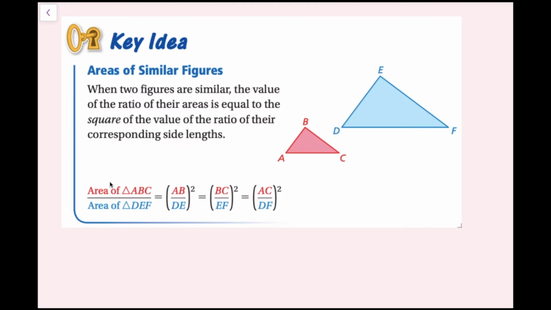Anyway, the area of triangle ABC over the area of triangle DEF, that's the same thing as side AB over DE, that entire quantity squared, side BC over EF, that entire quantity squared, and then AC over DF, that entire quantity squared. And the reason this is the case, I'll just show you, you don't have to write this down,